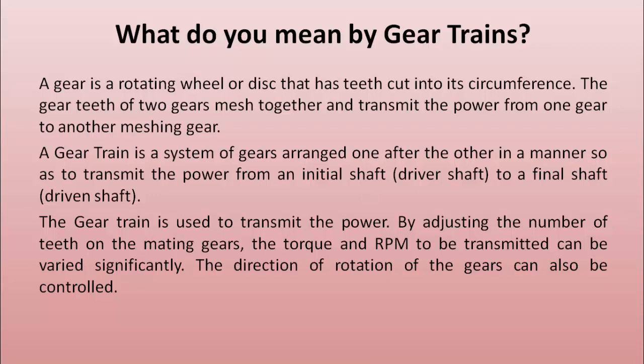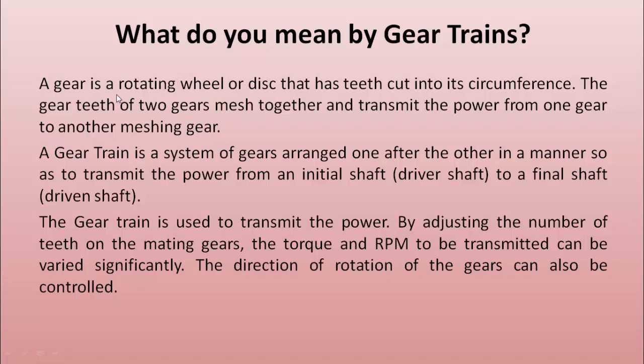Before going on to a gear train, we will just define a gear. You basically know by now what a gear is, but still, a gear is just like a rotating wheel. We have seen our normal wheels, but whenever two wheels are touched to each other, the rotation of one wheel will cause the other wheel to rotate. But the wheels rotate because of the friction between the two wheels. So as the velocity of the wheels goes on increasing, there are chances that there might be a slipping between the two wheels because of the reduced friction.